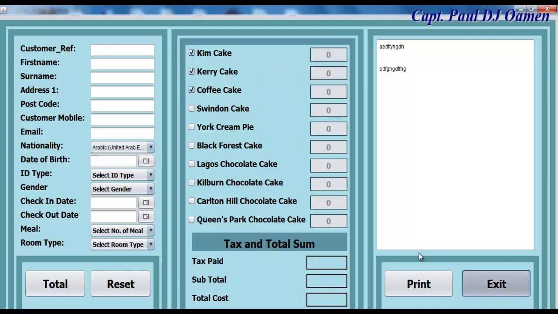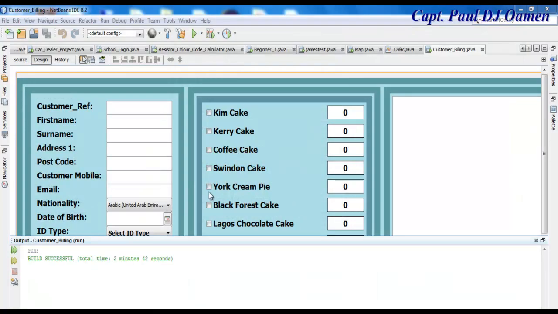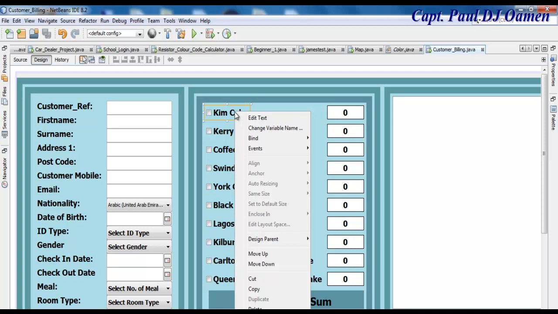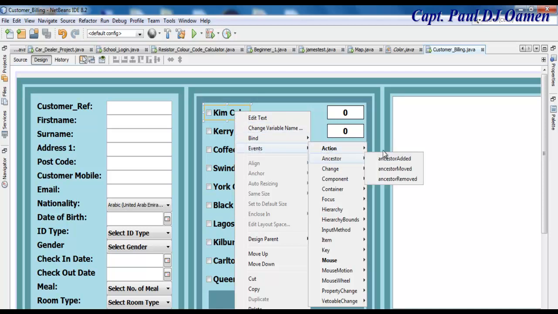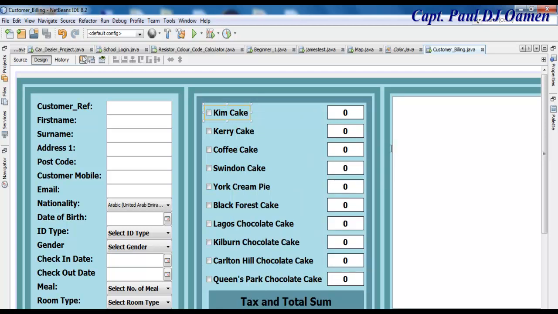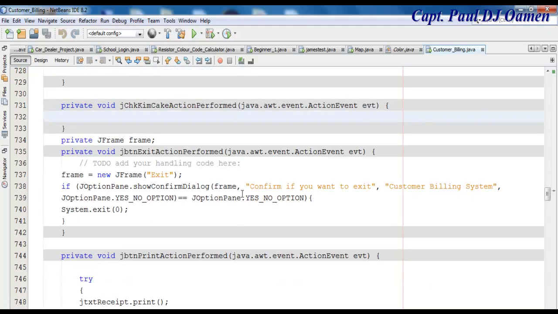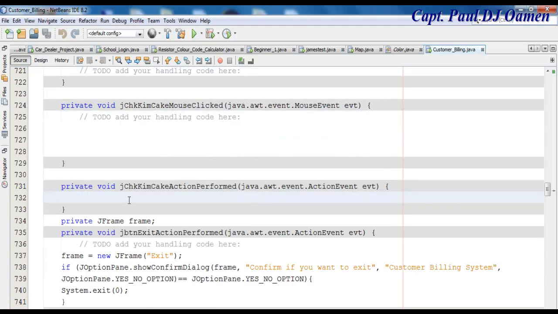So let's exit first, and what I'm going to do is come in right here, right click on it, go to event, action, perform, and right in there, okay, there we go. The first thing I'm going to do is use a conditional statement, that is, an if statement. So if, let's get the name of this,